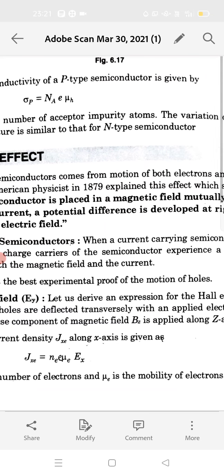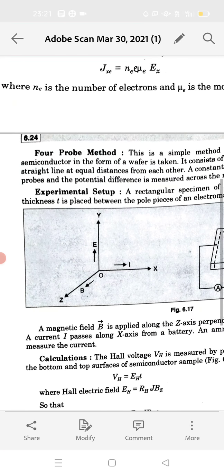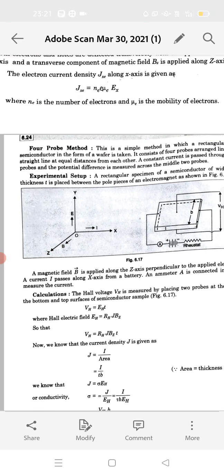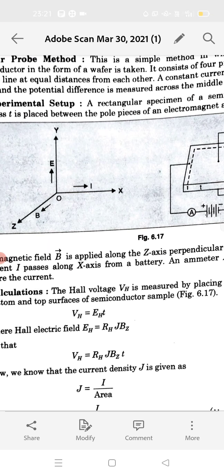Then the same process will be developed in a semiconductor in a magnetic field. For example, we can take a diamagnetic substance or paramagnetic substance in the magnetic field. Then an electric field can be induced in the conductor. This is the Hall potential that is developed. The potential developed is VH is equal to